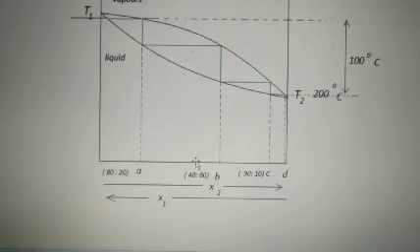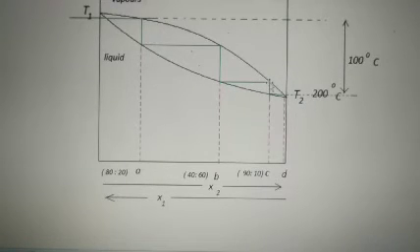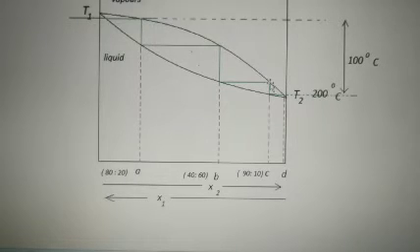So the compositions are varying in the liquid phase as well as in the vapor phase. They are very much different. In the liquid, it was 80% one component, 20% second component. But in the vapor state, it is changing into 40% one component and 60% second component. What I do again here, at this point, I convert this composition back into the vapor state. So this is converted into the vapor state and we reach at this point.